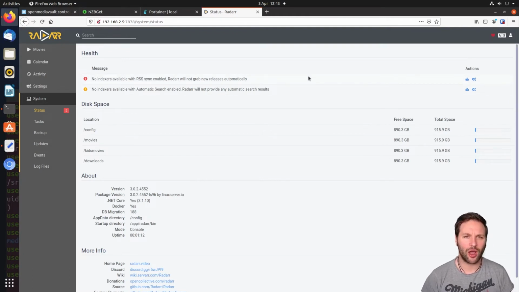Now, a lot of indexers online are paid in one way or another, or you need to be invited in to use them. They're not just publicly accessible. So what you're going to need to do is try and find some invites for some of the other indexers. The more indexers you have, as I said earlier, the more chance you've got of finding the files that you need, especially if it's very old stuff. The more older, not-so-mainstream stuff that you need, the more indexers you're going to need. So there is one that you can use out of the box,